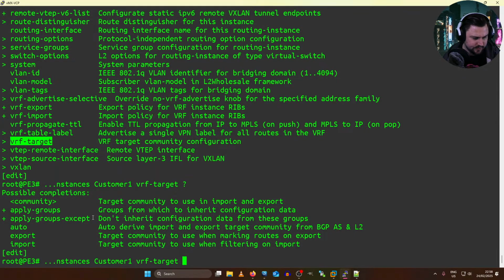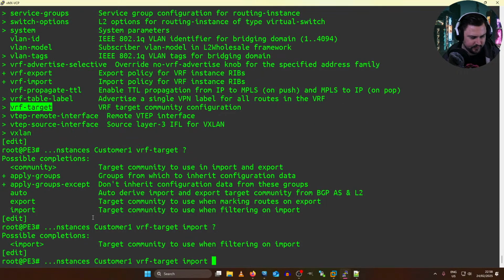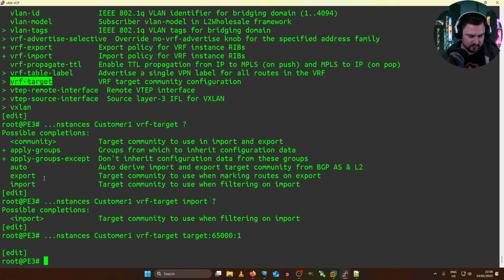And this is where I could potentially specify import and export, but I'm pretty sure you could do something like target 65501.